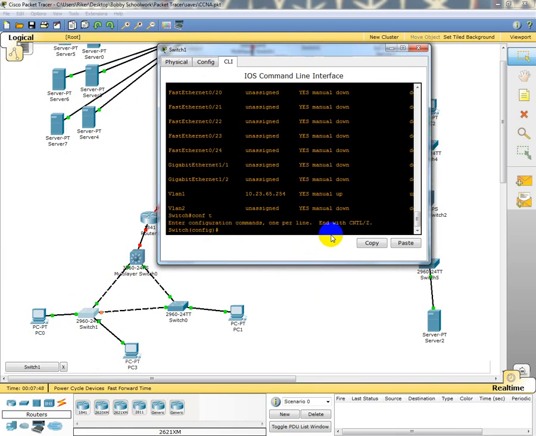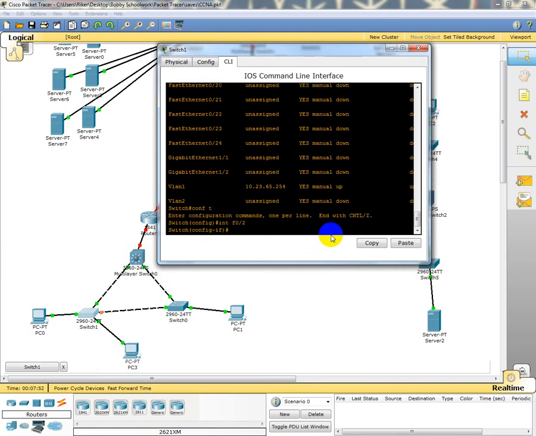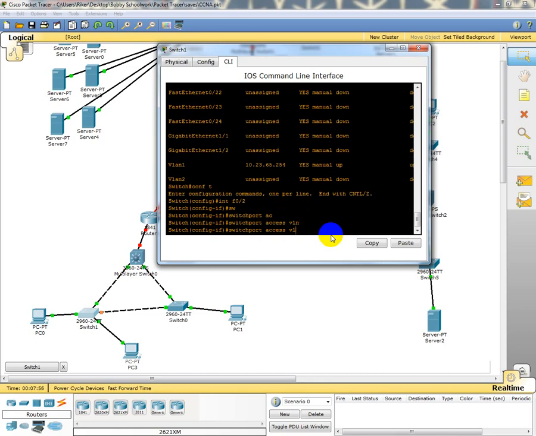So I'm going to go to global config. I'm going to do interface fast 0/2. I'm going to apply. I'm going to do switchport access VLAN 10. Okay. And now what that'll do is it'll reconverge. I'm going to do spanning tree